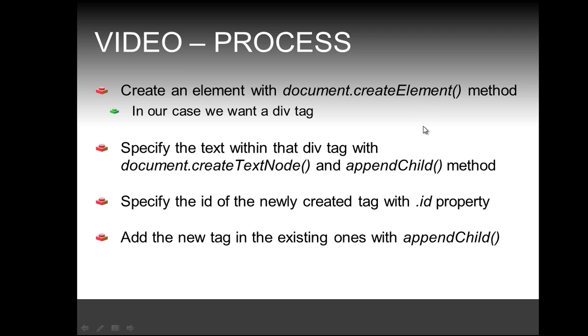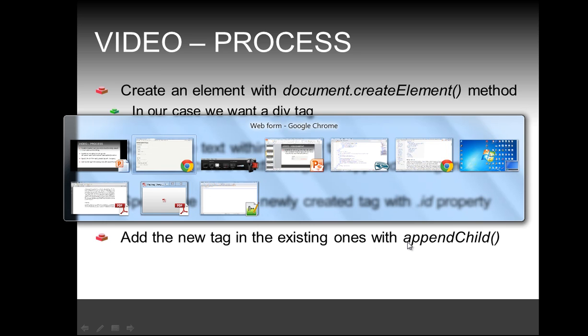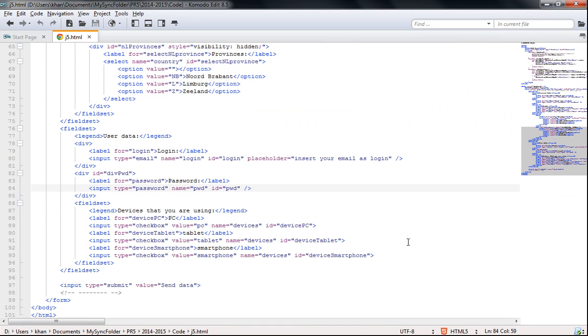And then we're going to append it to the div tag with the appendChild method. We're going to specify the ID so that we can refer then to the newly created tag with a .id property. And finally, we're ready to add the new tag in the existing ones of the document with the appendChild. But let's see how to actually do that